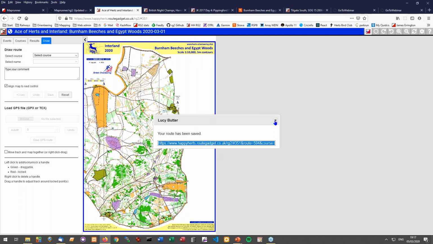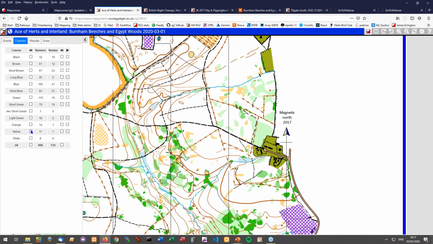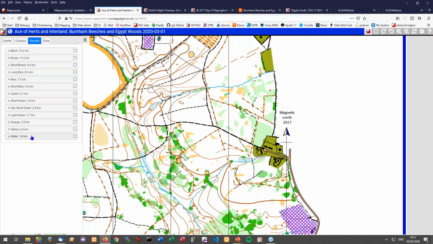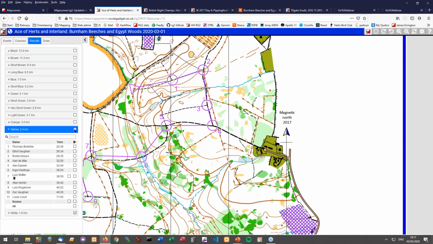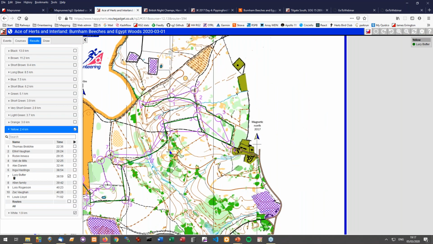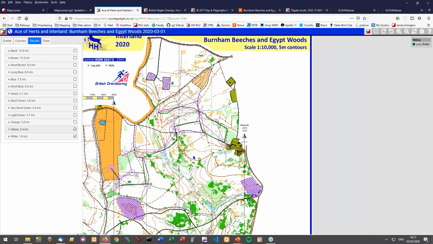So there we go. And if I go to that yellow course, not the white course, there we go. There's the route we just drew. I'll delete that one later, don't worry. So drawing, yeah, fine.